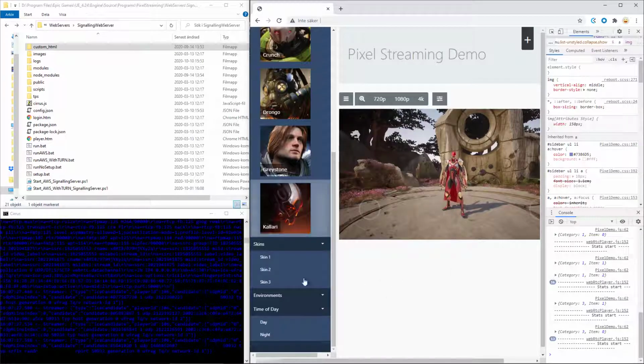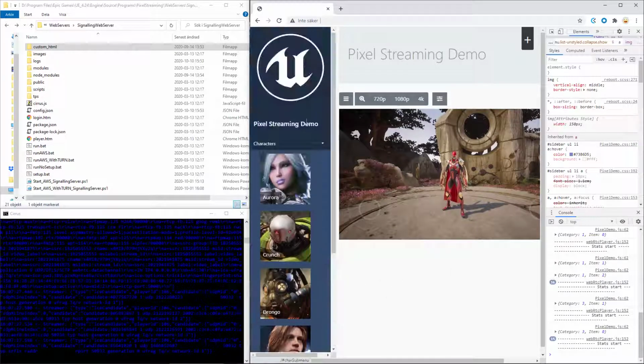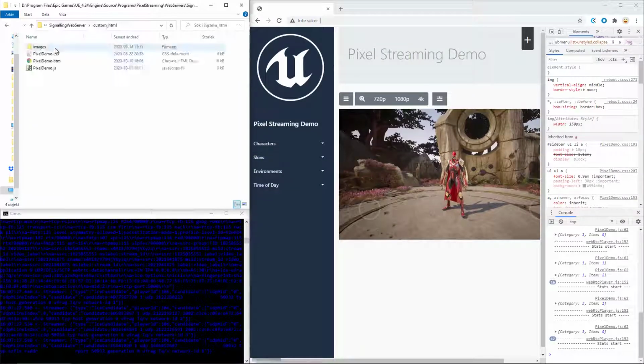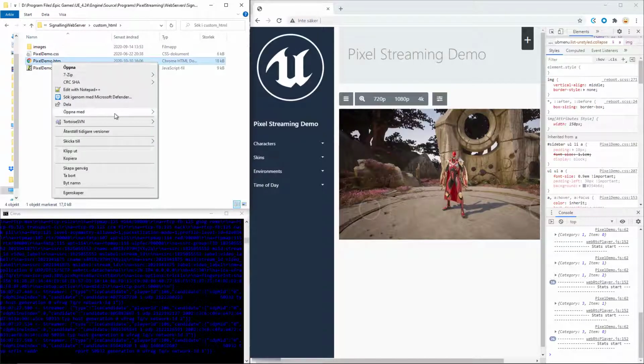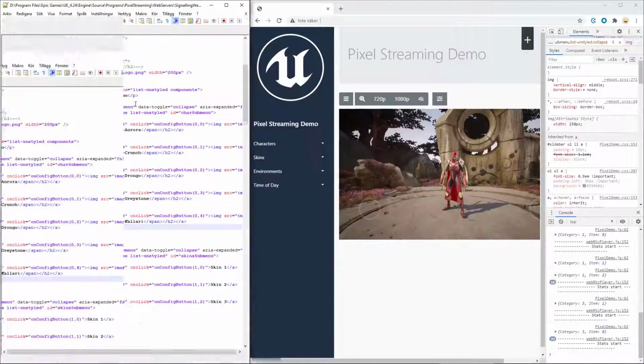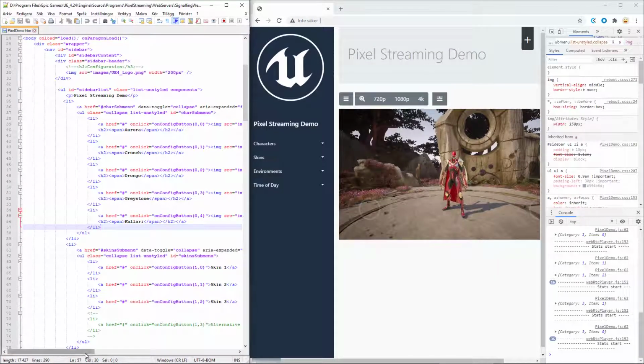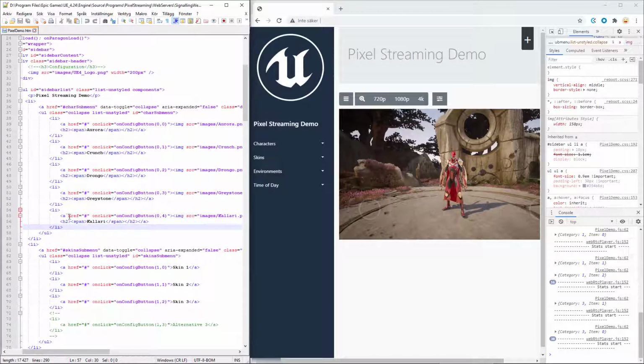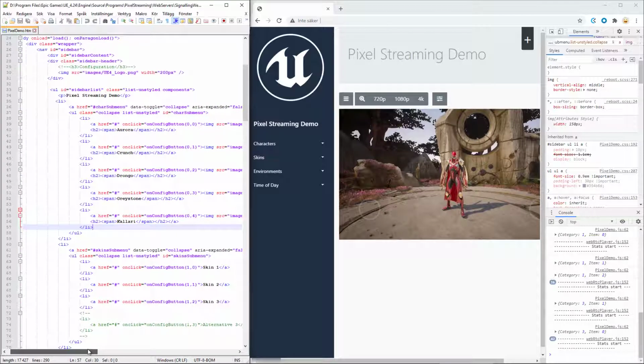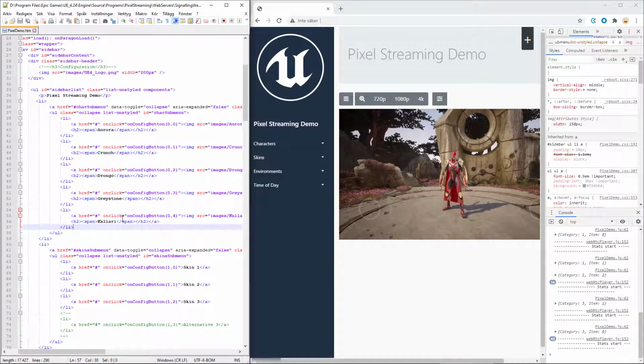You can edit the website very easily by finding the pixeldemo.html file in your Signaling Web Server folder that we added before. You can edit it using a Notepad program. I tend to use Notepad++. And if you're familiar with HTML coding, you can see that these are the buttons right here.